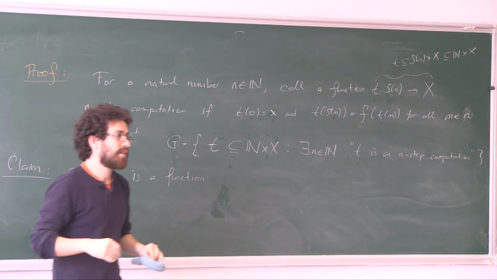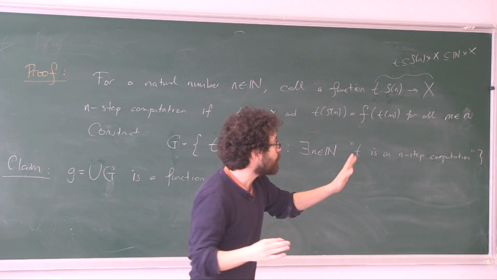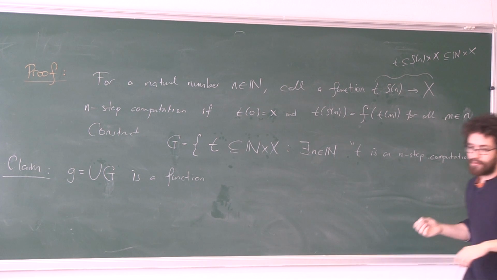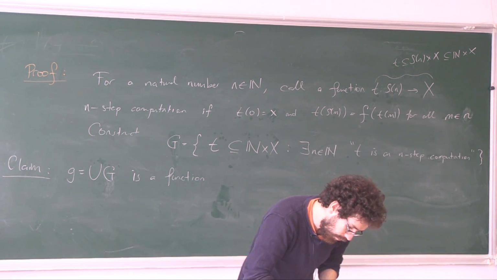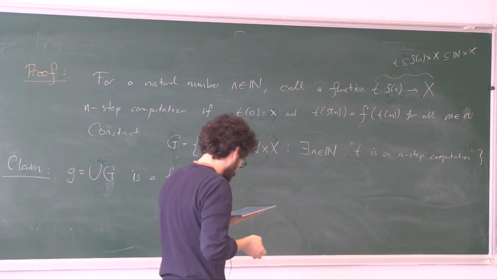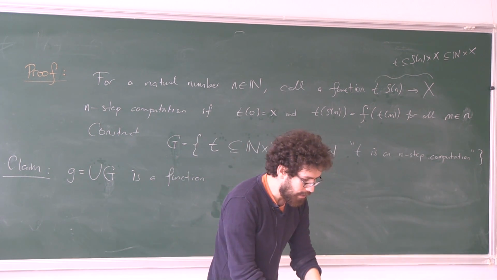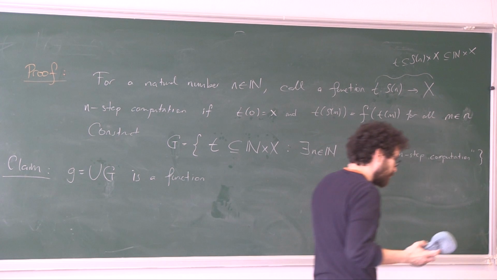So let's first prove that this is a function. I need to prove several things. I should first prove that this is a function, then I should prove that it satisfies these properties, and I should prove that it is unique. This is actually important, that this is unique. Now, you may remember,